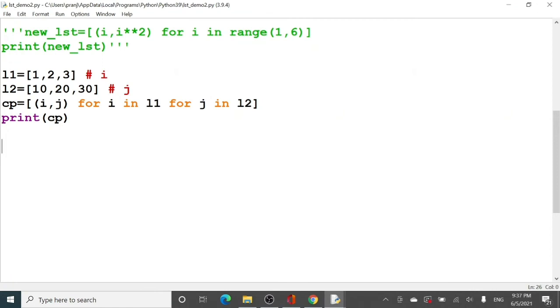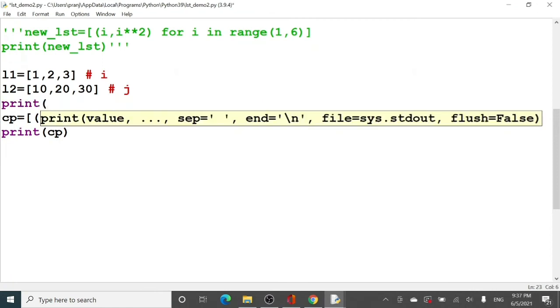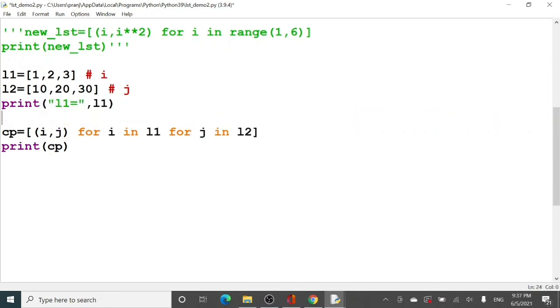Let me just print all the lists also. So print, and we can see that L1 is equal to, and here I will be printing L1, and another print statement that is printing L2 is equal to, and let me print L2 also.